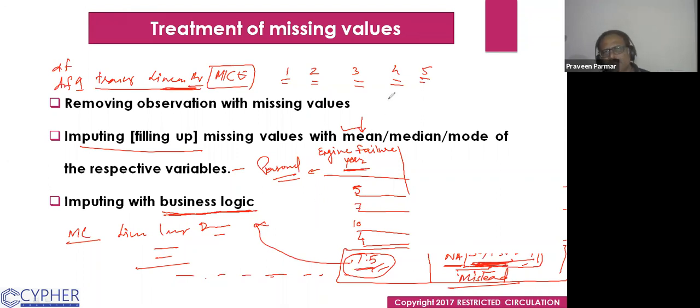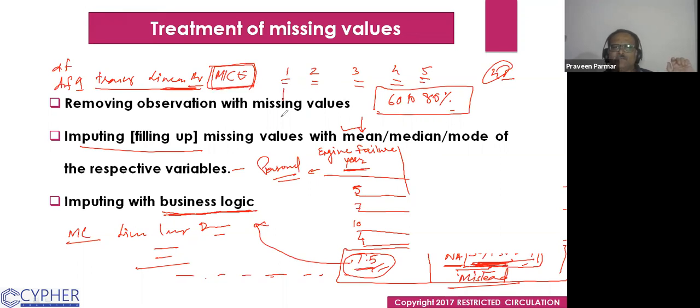But every data analyst spends 60 to 80% of the project time on this process. The remaining 20 to 40% we use for developing the model and other things, and inferential work. So I prefer that approach here. Got it? I don't believe in this package. Few people use it, mice. But again, we have to select which one we have to choose.